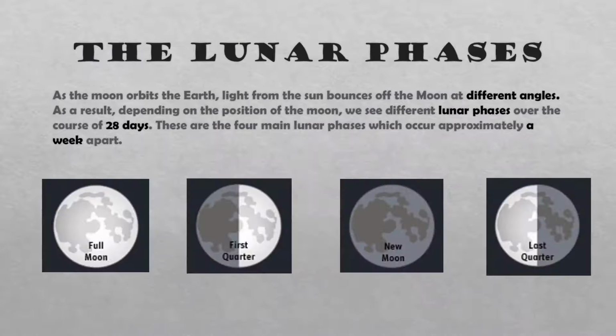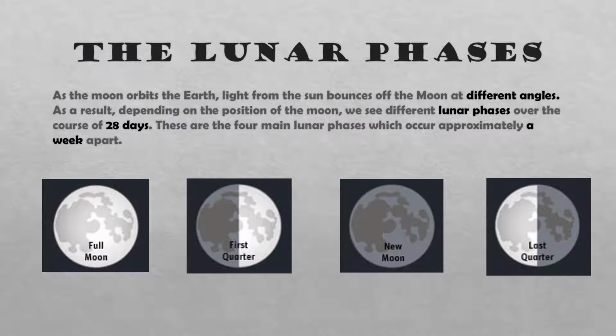The lunar phases. As the Moon orbits the Earth, light from the Sun bounces off the Moon at different angles. As a result, depending on the position of the Moon, we see different lunar phases over the course of 28 days. These are the four main lunar phases, which occur approximately a week apart: full moon, first quarter, new moon,